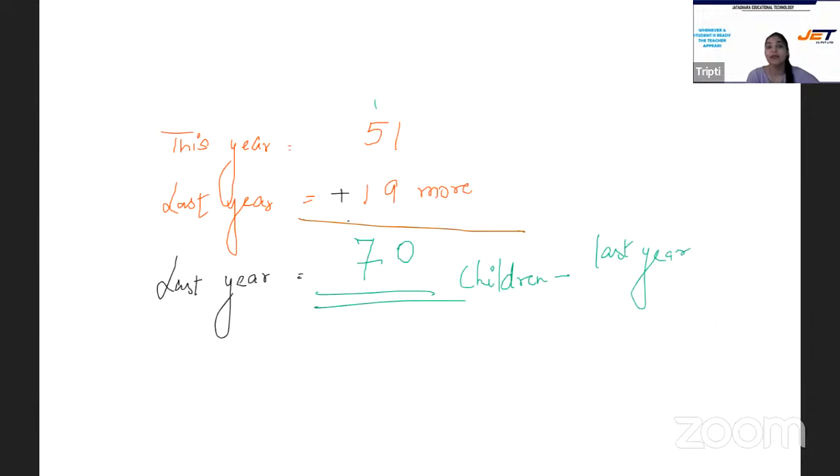And I'll tell you a very amazing trick. Sometimes what happens, we don't understand what to do in the question. So what I do personally is I take the short numbers. Like I take some smaller numbers in the same example, or I just take a similar kind of question for myself with smaller numbers. Like